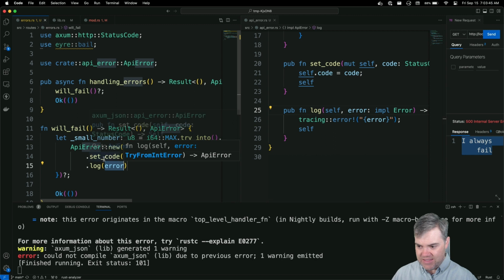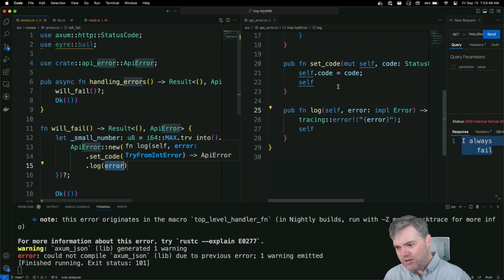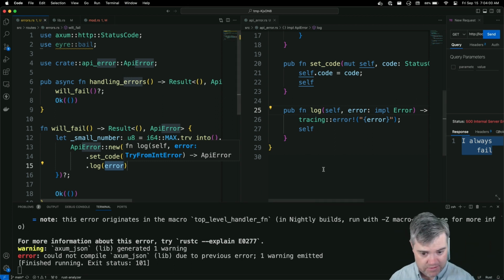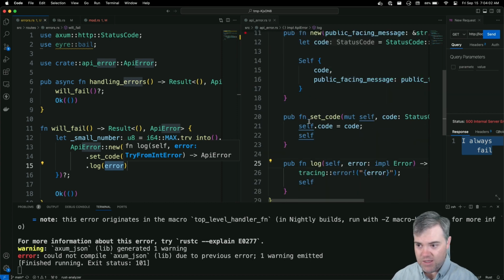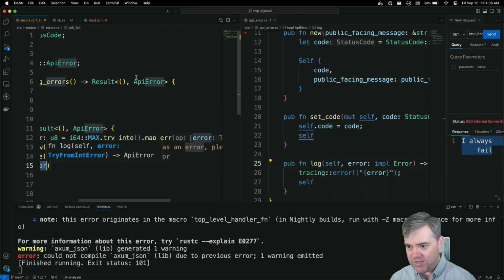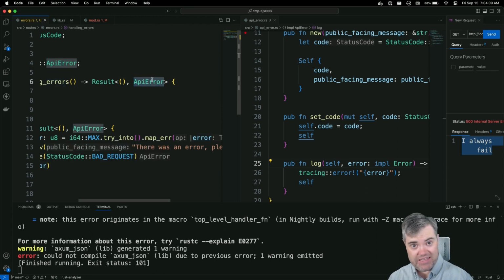All right, what's next? I mean, that's pretty much all we want here, right? We've changed the code, we've logged it out, we've set a message. We now need, well, this needs to go out to, everything, right? So whenever Axum tries to return something like this, it's going to run into_response on it.